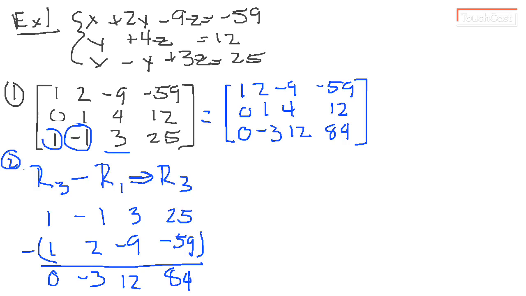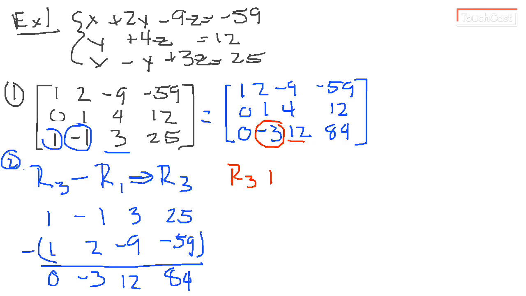Okay, so now I'm not quite there yet. I still need to get rid of this first number in that third row and make that second one. In fact, it's the second number I need to get rid of, and the third one needs to be converted into a 1. So what I'm going to do is take my third row,